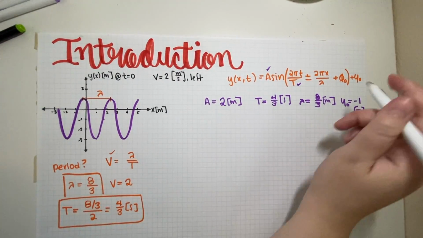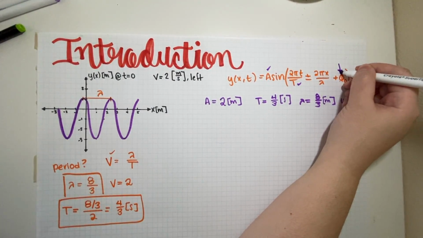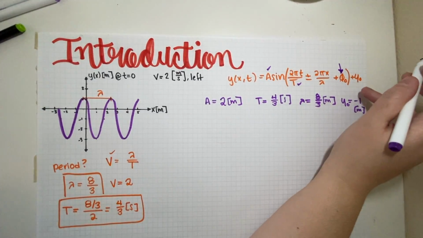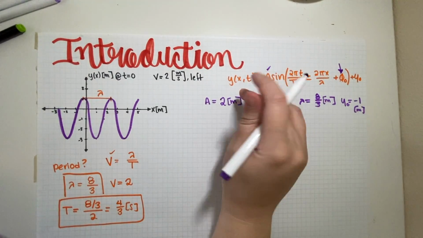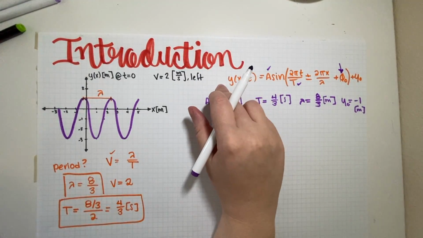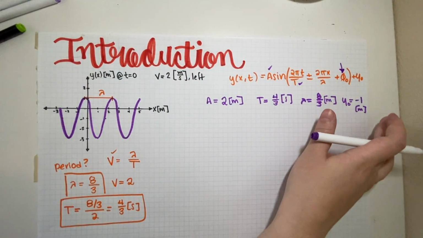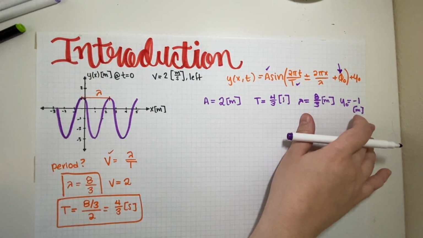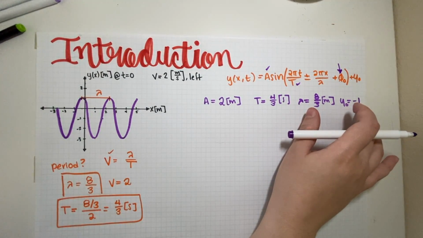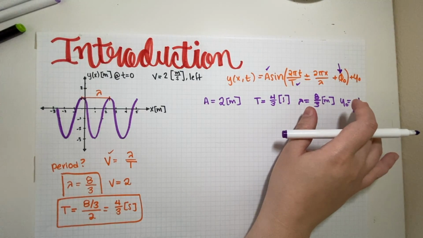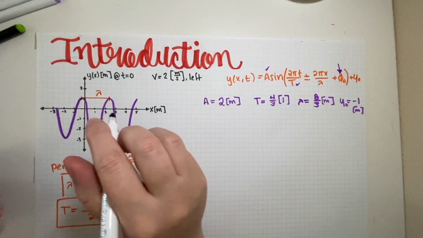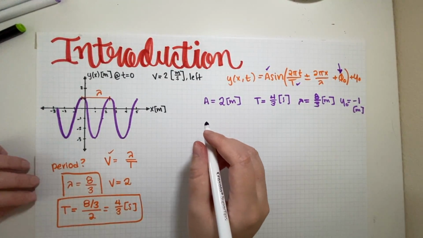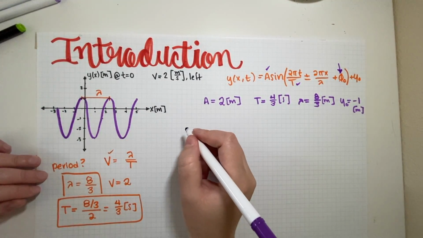So we have everything that we need except for this little guy, and how you get it is because you have everything else at this point, you would basically substitute any point here and everything else, and then you would just find it. So say for example, if you look at the original graph, what's a very easy point to find? So just by looking at a graph, I can see that at